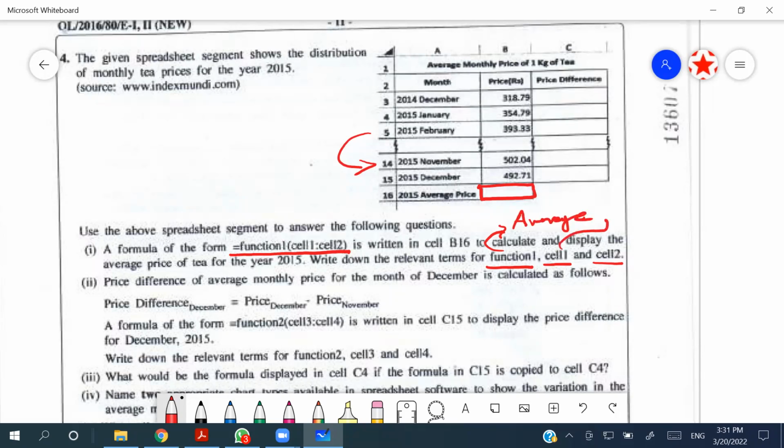Cell 1 is going to be, they're asking for the average price of tea for the year 2015, which starts from this cell, goes until this cell. So the range is from the fourth row, A4. So cell 1 is going to be A4. Cell 2 is going to be A15. All right. So this is the best way of writing this, because that is what they are asking in the